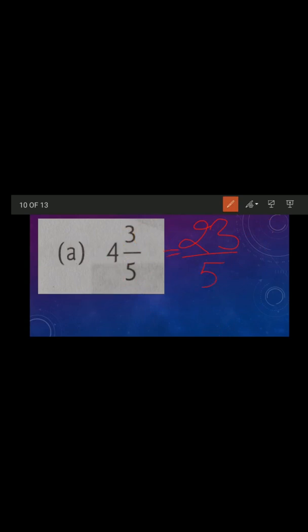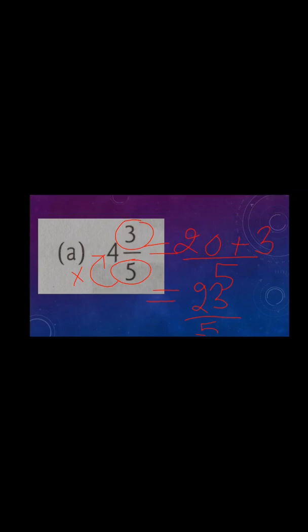Hope you understood. I'm explaining this again. What we do in this type of question, first of all, we take 5 as the common denominator, because the denominator never changes. We will write 5. Now we will multiply this 5 with this whole number. So let's multiply 5 into 4. What will we get? 20. Now we will add what is remaining, 3. So 3 was remaining, so we will add 3. Now 20 plus 3, what will we get? 23. And we will write the denominator.